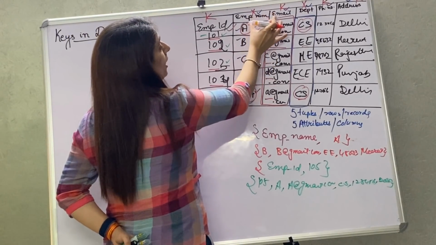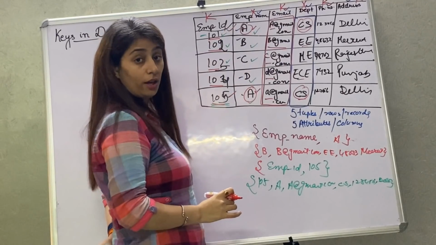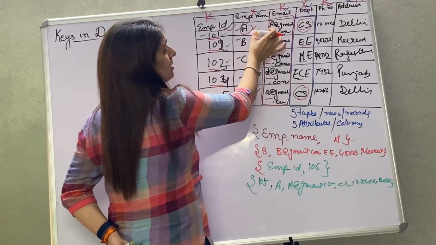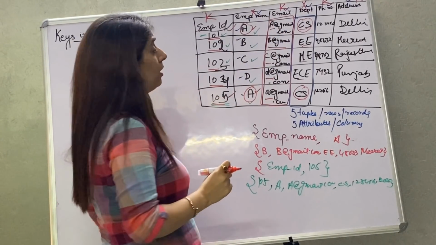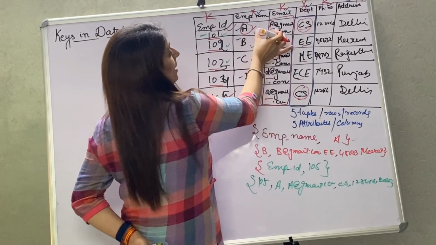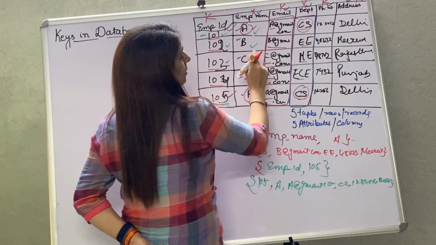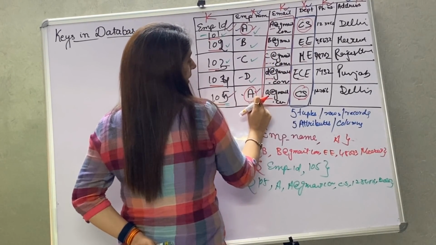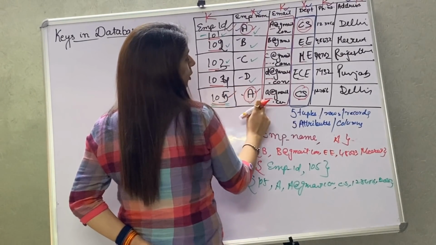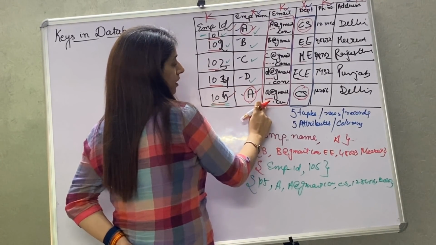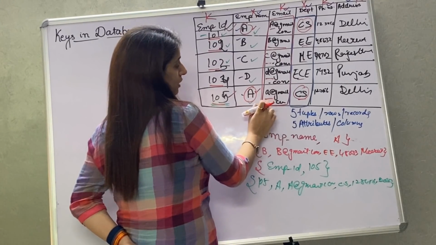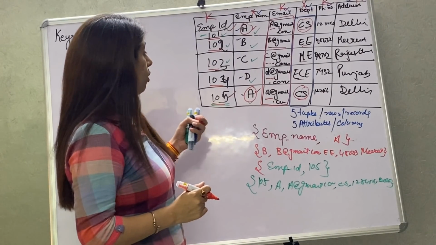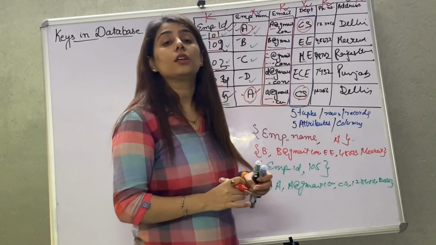Okay, if you take employee name and email, is it a key? If we check, this is different, this is different, this is different, this is different, and this is different, because email ID is making it different. Although the name is the same, the email ID is different. So here we can have the key. Now this whole scenario is about the keys.